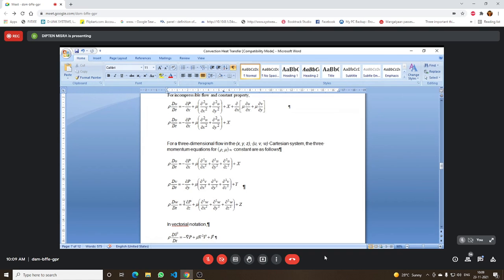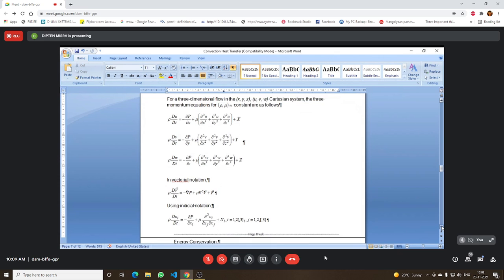And these four equations involve four unknowns: the pressure term, and the U, V, and W components of velocity. So these involve four unknowns: P, U, V, W, and to solve them, the continuity equation and the three momentum equations are good enough to find out P, U, V, W. But whenever we require to solve for the temperature gradient, we require to have an equation that will involve temperature. So that is not there.